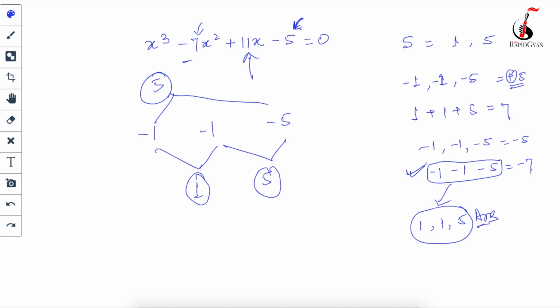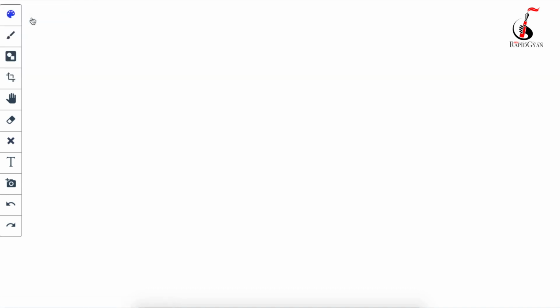You guys will understand better on the same type. That example I will take: x cube plus x square minus 16x minus 16 is equal to 0. Now first find the factors of 16. So what are the factors of 16? Will be 1, 2, 4, 8 and 16. Correct? Now find three numbers whose product will be minus 16, and if you add them you will get plus 1.